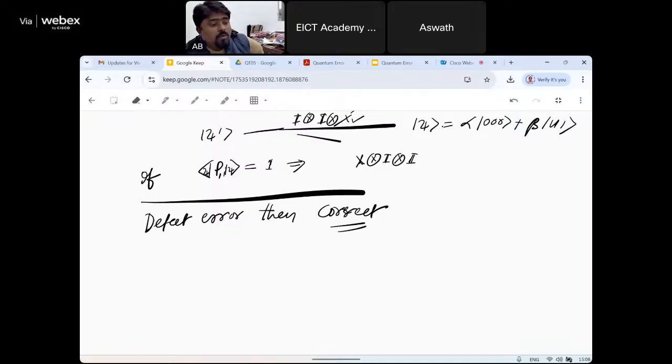Okay, T1, T2 people are asking from T1 is about a